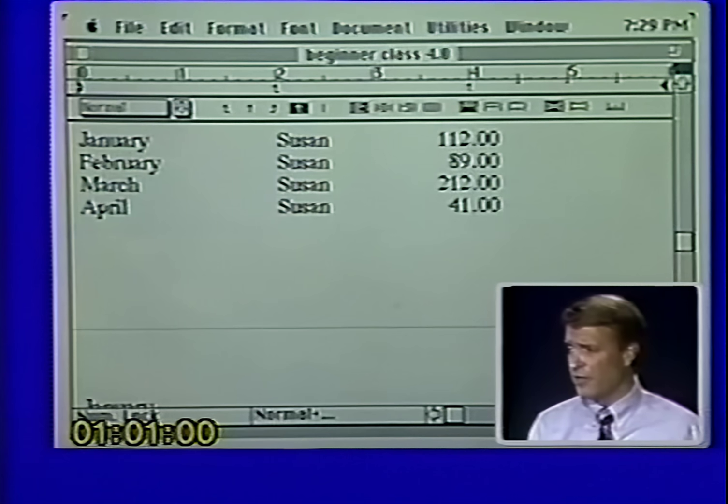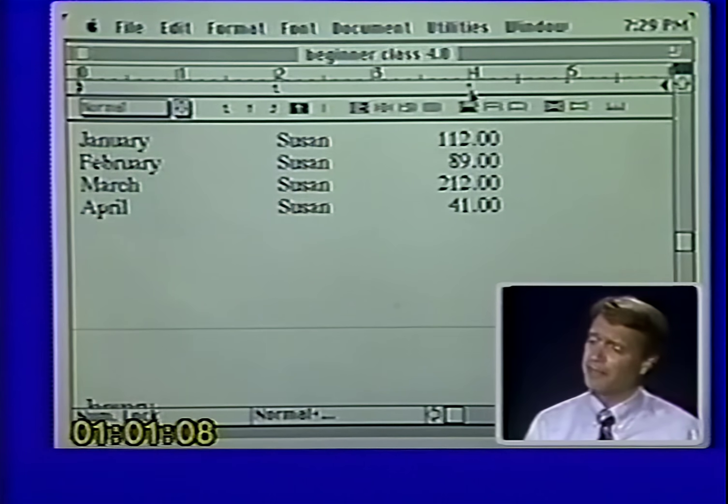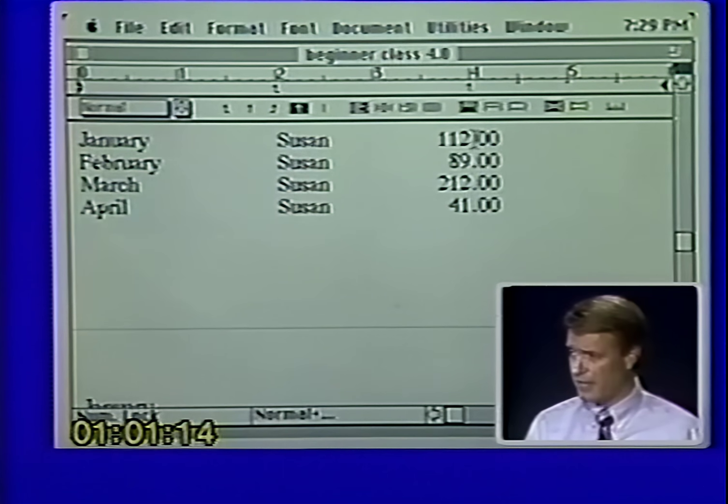Okay, now you will notice that my numbers line up exactly because of the tab mark, or the decimal tab setting. You don't even have to put decimals, by the way. If you just want to put whole numbers, it takes it for granted that there is a tab after the last whole number. So that's the way that you use the tab settings. That's the way you line up numbers.